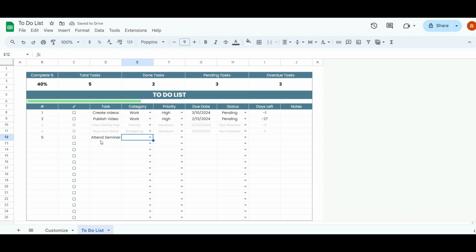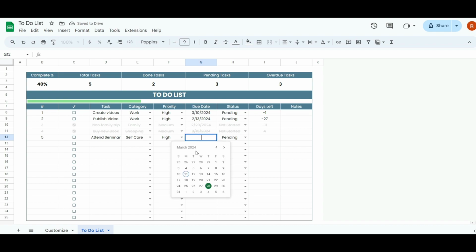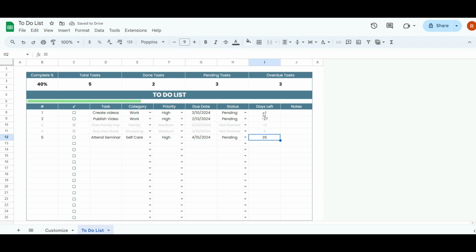Firstly, every time you enter a task, it will be automatically numbered. There are drop-down menus for category, priority, and status to help you organize your tasks efficiently. Next, you'll notice mini pop-up calendars for due dates. And as soon as you enter a due date, the spreadsheet will calculate the days left to finish the task